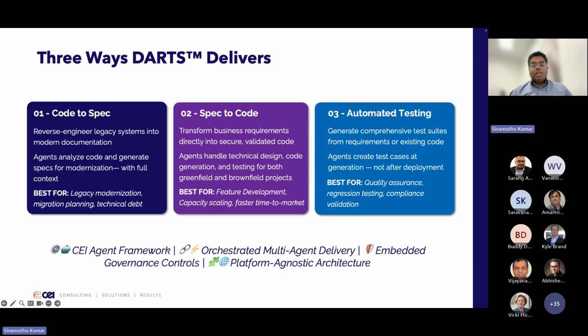It's ideal when release velocity and the code are increasing because AI agents are creating more code now, but the coverage and confidence have to catch up. So this offering is specifically to build that automated testing and quality so that you have a more continuous delivery model to test the code AI is generating. So the three offerings are how we bring DARTS into the enterprise in a clear, usable way.